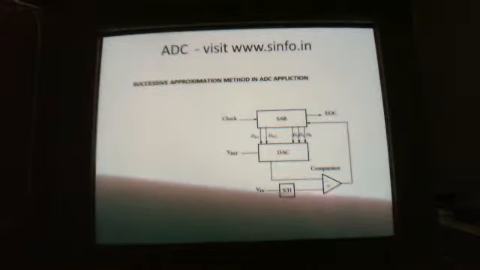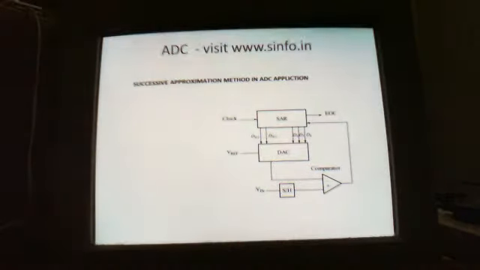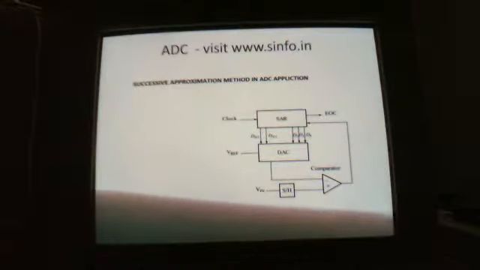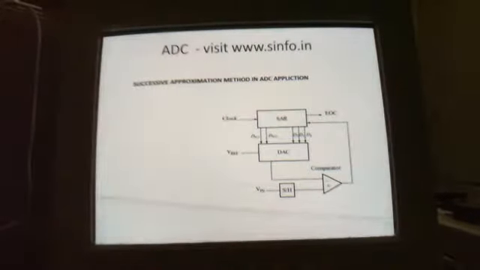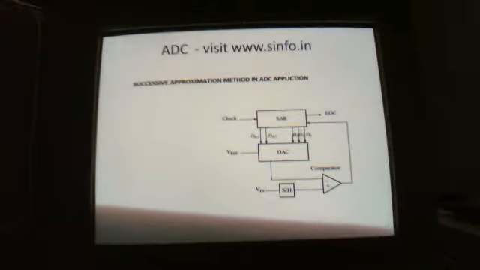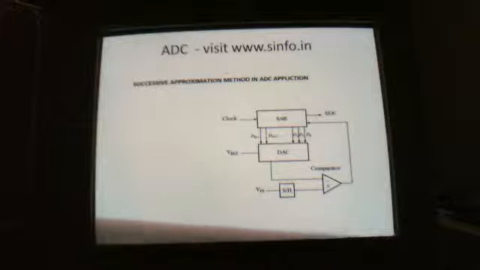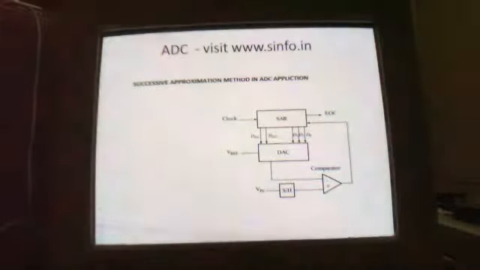Then the DAC will convert the digital data into an analog signal. That analog output of the DAC in the slide is connected to the inverting input of the comparator, and the non-inverting input of the comparator is connected to the sensor output, or whatever analog signal you want to convert from the sensor or any device. You just connect it to the channel of the ADC. So both the generated analog signal and the actual analog signal are connected to the comparator and compared.